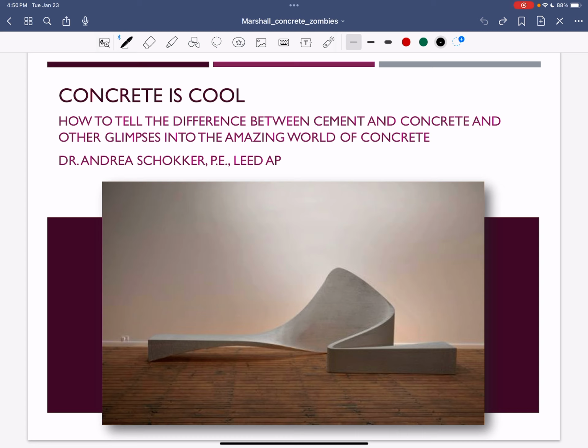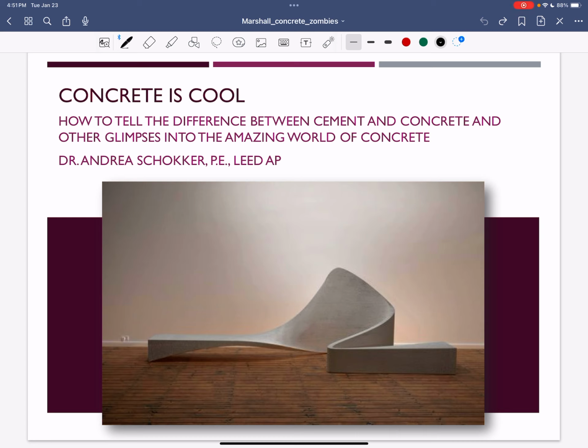You may or may not know I'm a civil engineer and I work in the structures area, but my specialty is concrete. So concrete buildings, concrete bridges, you name it. Let's talk a little bit about concrete, which sounds a little bit weird, but I actually think it's really cool. It's the most used material on the planet after water. So there's a lot of it.